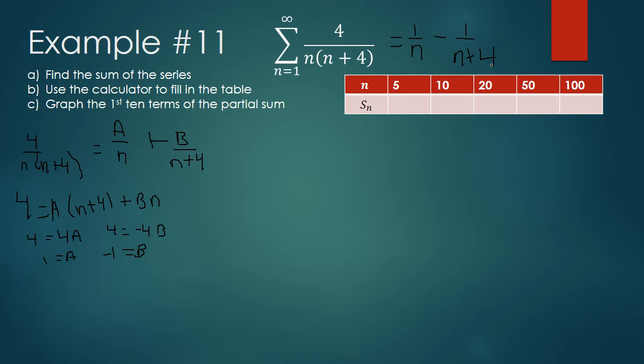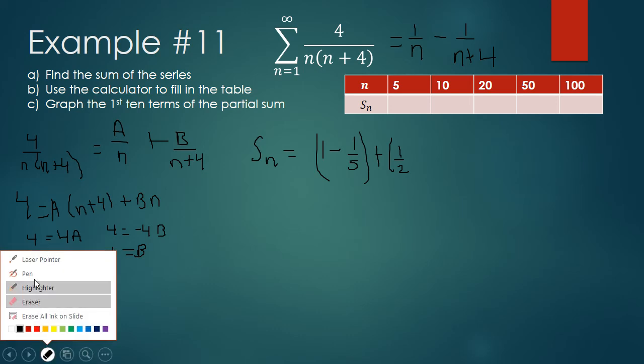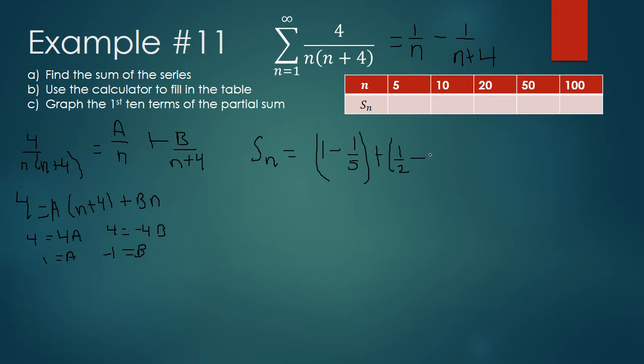So I'm going to go back and use the partial sums, just like we did in the last example. So my partial sums, if I plug in 1, that'll be 1 minus a fifth. Plus, the next term will be a half. Oops, I forgot something. Let me get an eraser. I want to erase this line right there. Let's get the pen back. Minus, n plus 4, 2 plus 4 is a sixth,